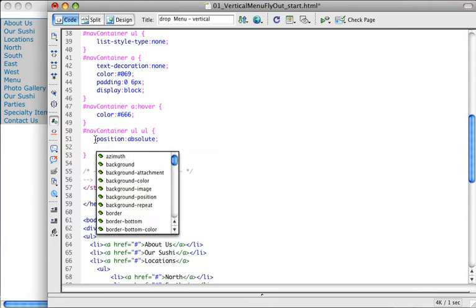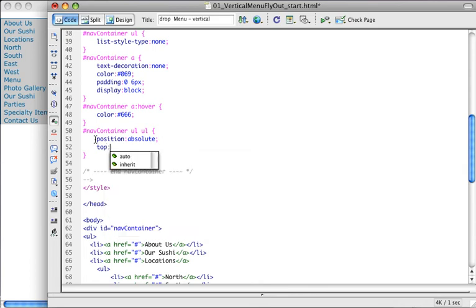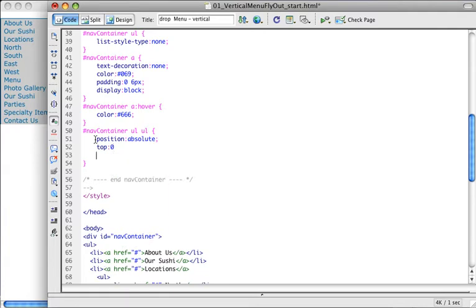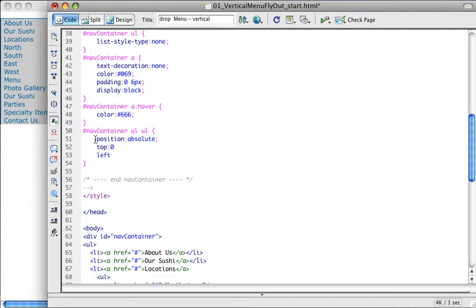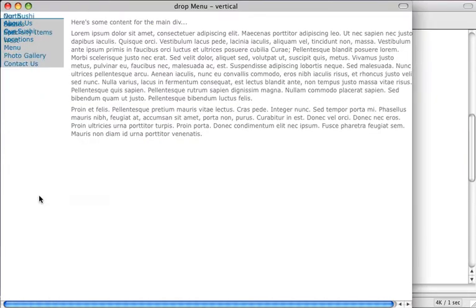Then we're going to set the top value to 0, and we'll set the left value to 0, and I know I need a semicolon up there. Whoops. There we go. Now if I save and we go ahead and refresh, you're going to see that this doesn't